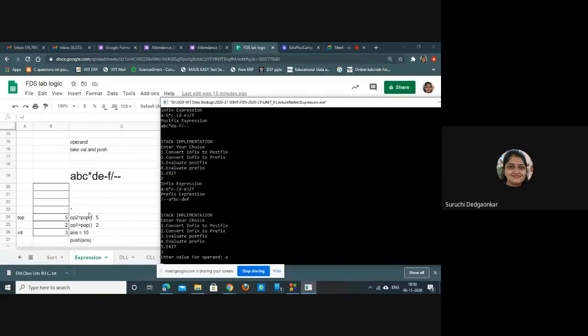So we will try to put the same values which we have put for evaluation of postfix.